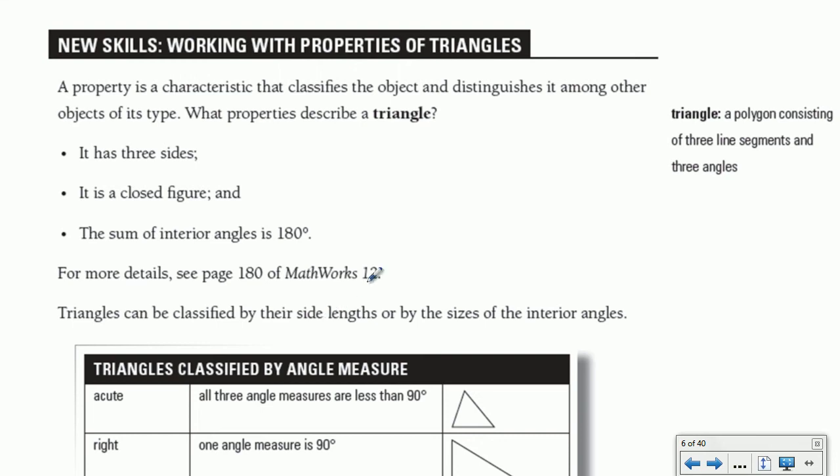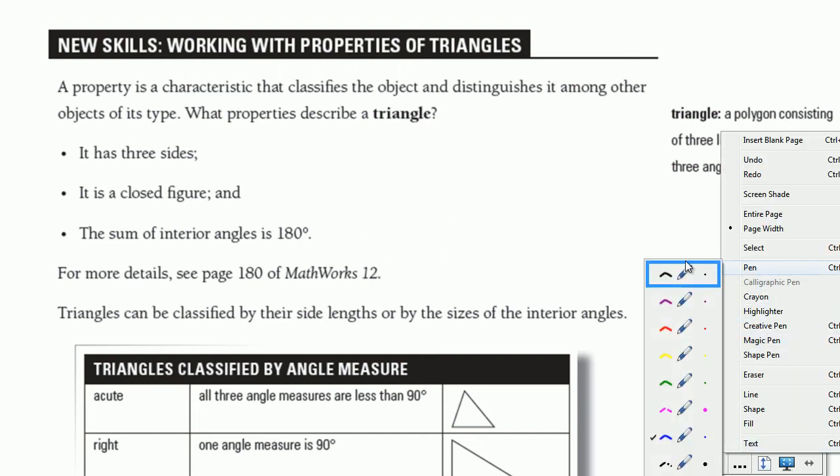And we're starting on properties of triangles today. A property is a characteristic that classifies the object and distinguishes it among other objects of its type. What properties describe a triangle? So it has three sides. It's closed, so closed meaning